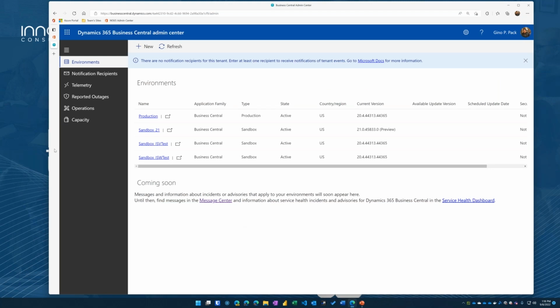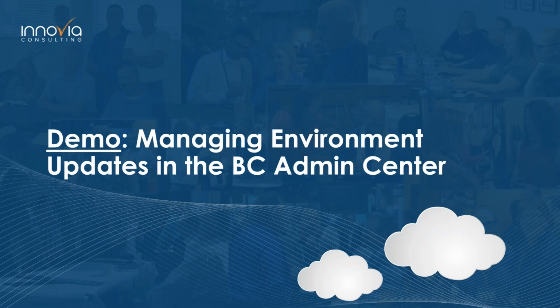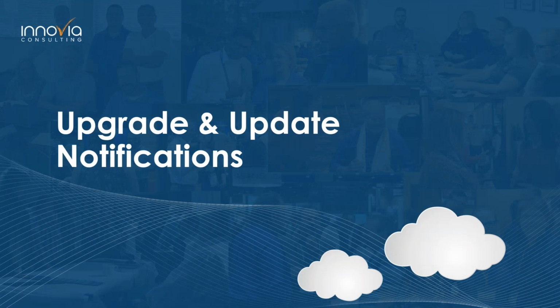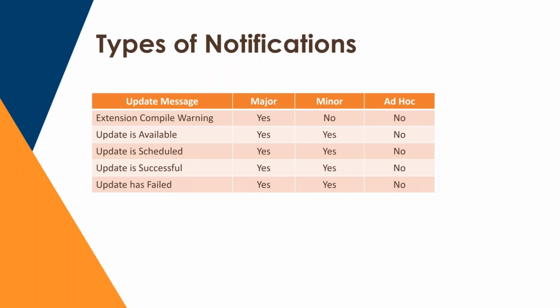All right, so I'm going to go ahead and pop back over to my Innovia Consulting PowerPoint here, and we're going to jump into talking about upgrade and update notifications. There are typically 5 types of notifications that Microsoft will send out during a major, minor, or ad hoc update. This is a brief little table here that explains the type of message that you'll get, email message or message you'll get, because you'll get it a couple of different ways,